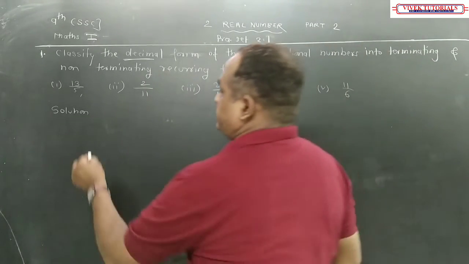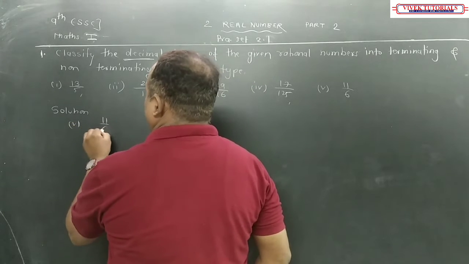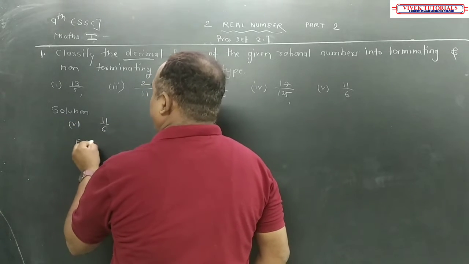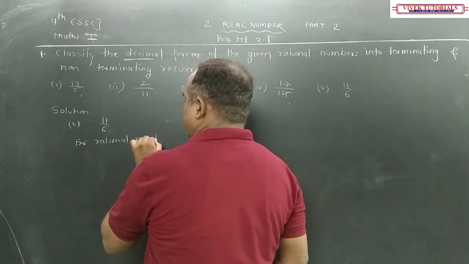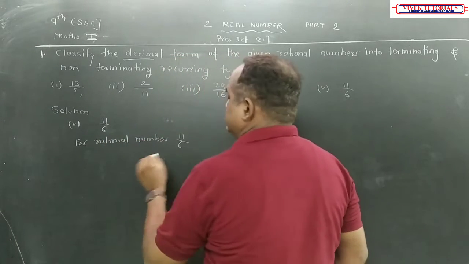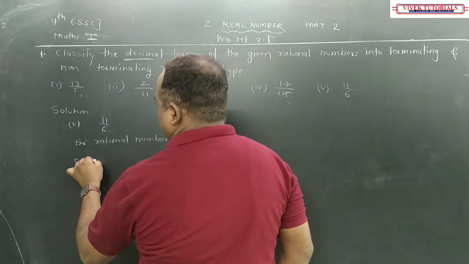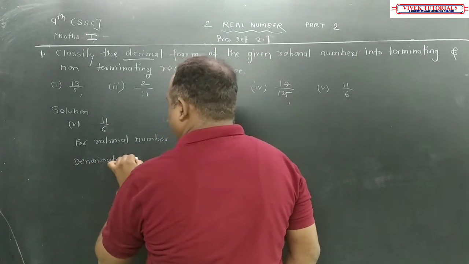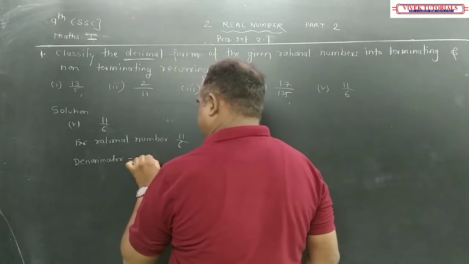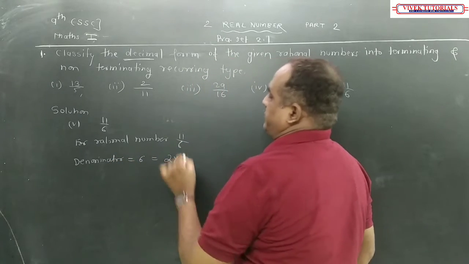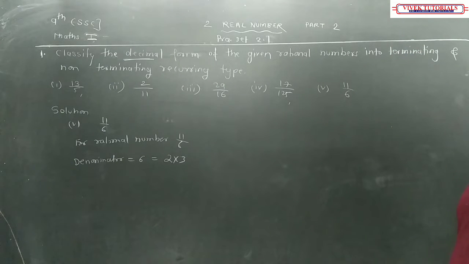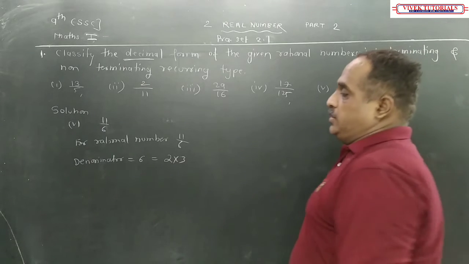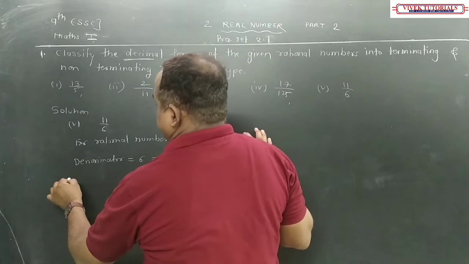Now the fifth question. Fifth one is 11 upon 6 for rational number. 11 upon 6, denominator is equal to 6, which is 2 into 3. 2 is there but with that 3 is also there, so it is not a prime factor of what, 2 and 5. So what you can write is the decimal